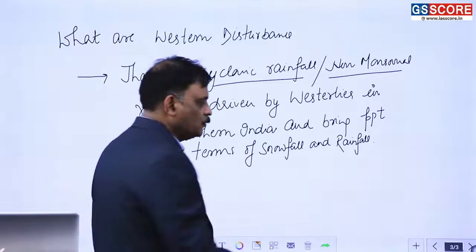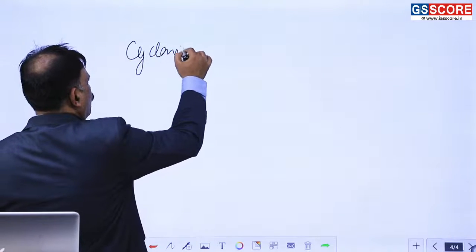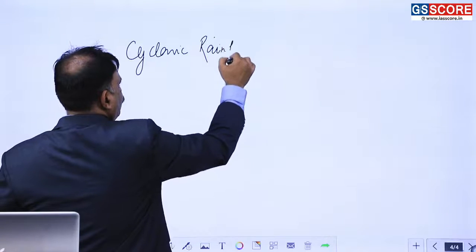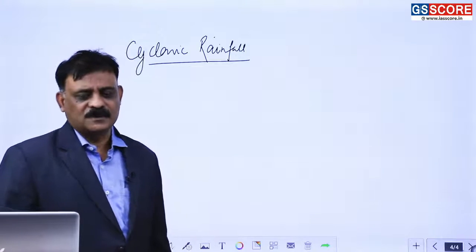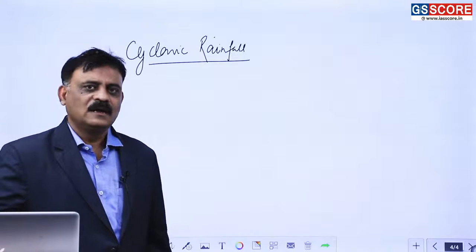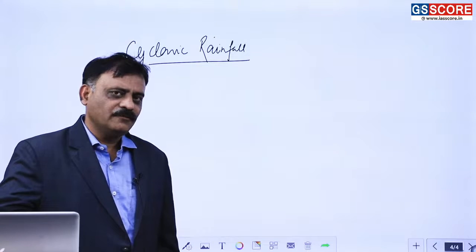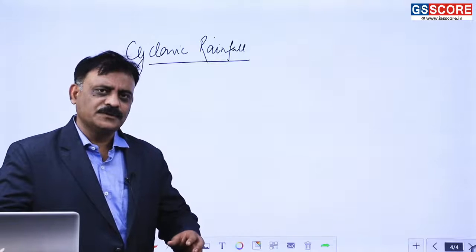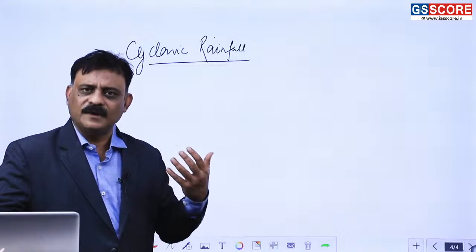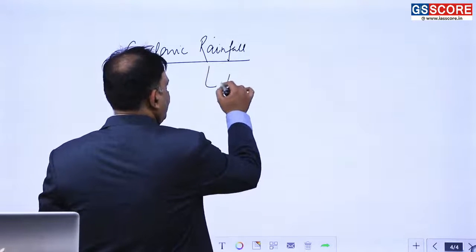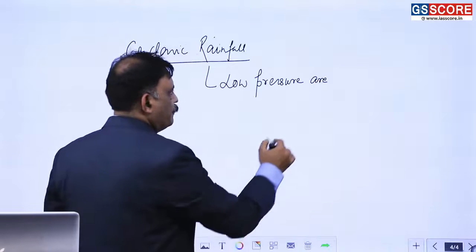Okay guys, now come to the next one. In this case, I said cyclonic rainfall. रेनफॉल, मैंने एक वर्ड यूज करा है साइक्लोनिक रेनफॉल। Now how are the cyclones possible? क्योंकि जनरली हम साइक्लोन्स को ये समझते हैं कि समुद्र के किनारे ही साइक्लोन्स की बातें होती हैं, ठीक है, लेकिन ऐसा नहीं कि आप साइक्लोन की बात करेंगे तो केवल समुद्र के किनारे के रीजन्स या जो ट्रॉपिकल एरियाज होते हैं उन्हीं की बात करेंगे। जनरली साइक्लोन्स क्या है, लो प्रेशर एरियाज है। साइक्लोन्स के लिए क्या वर्ड यूज किया जाता है, लो प्रेशर एरिया।